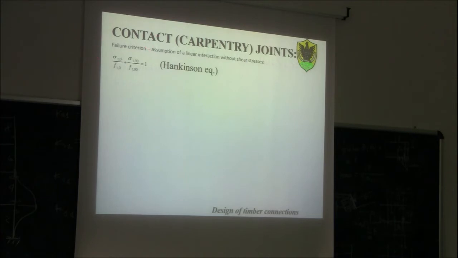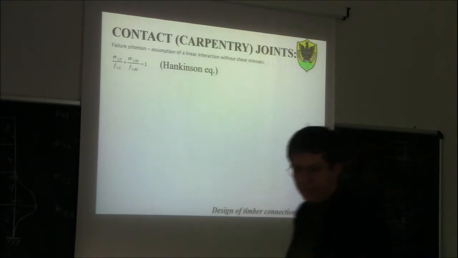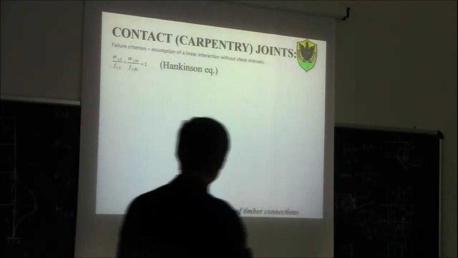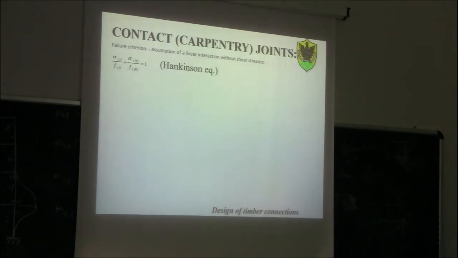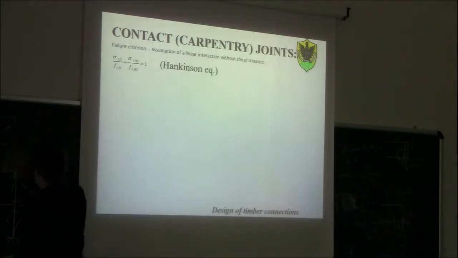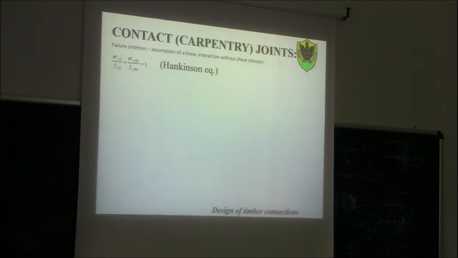So, if you have at the same time compression parallel and perpendicular to the grain, the safety can be checked by using this linear interaction criterion, which means basically that, for example, like here we said before, you have some